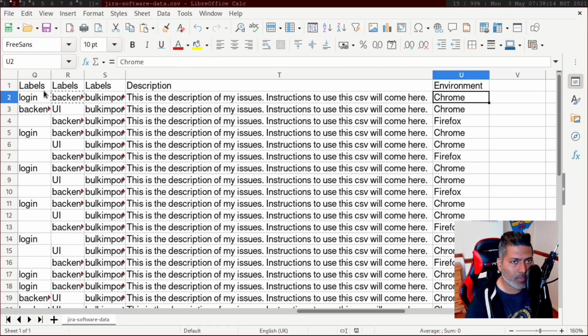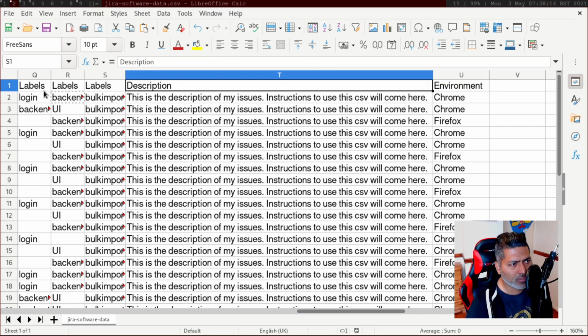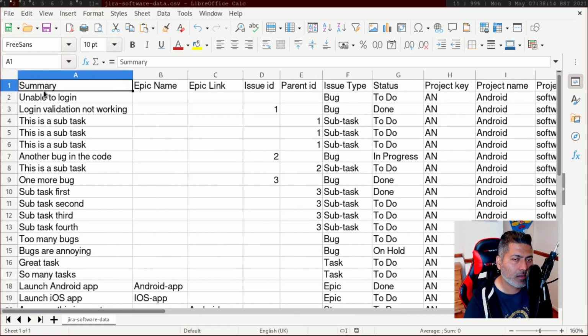So if you notice here, in this CSV file, I'm just using the fields that are usually there. But of course, I'll share this file with you. I'll share one GitHub repository where you can find this CSV and also the configuration file, so that you can perform the mapping quickly. Because when you import CSV, you have to perform